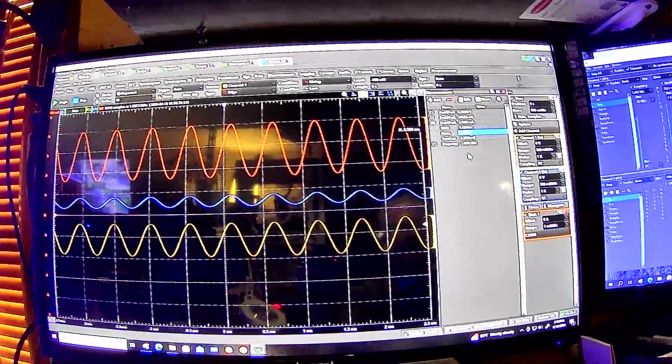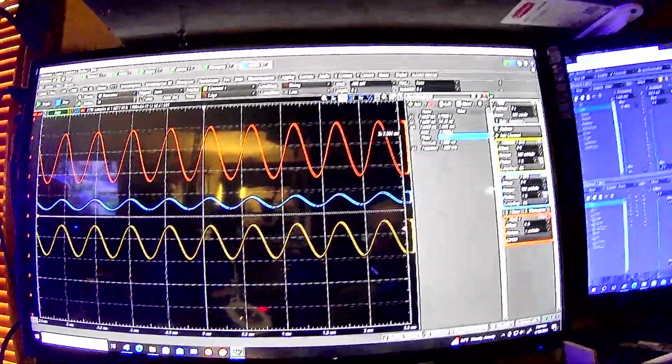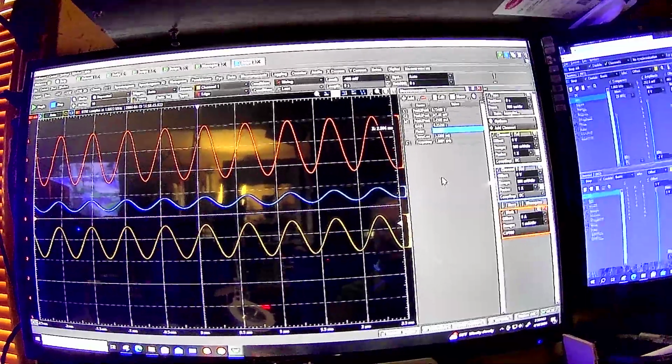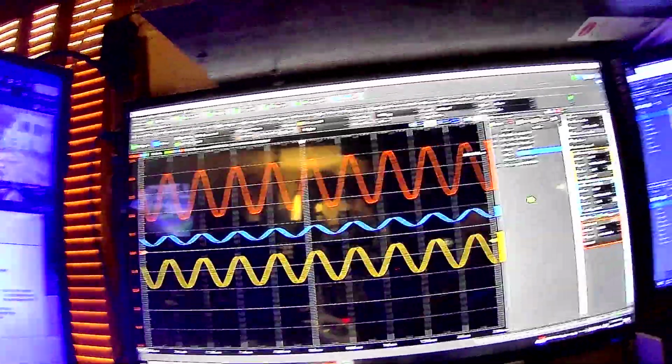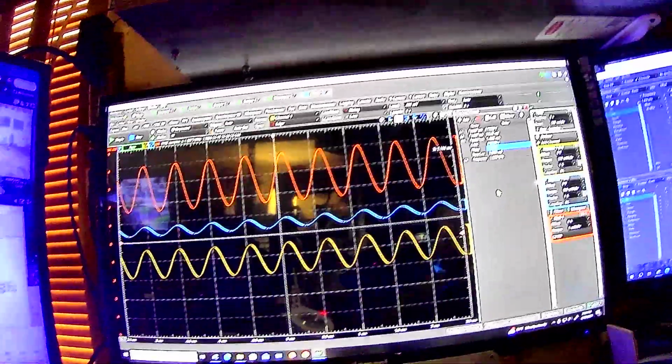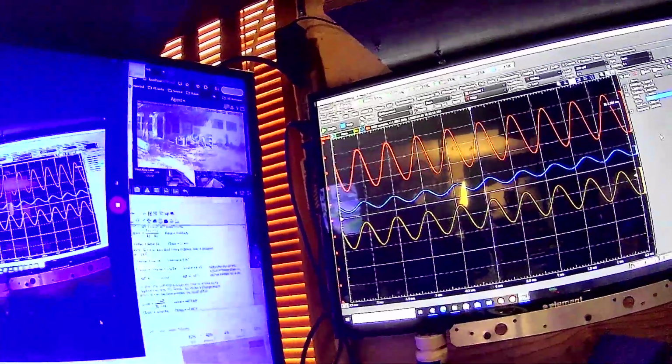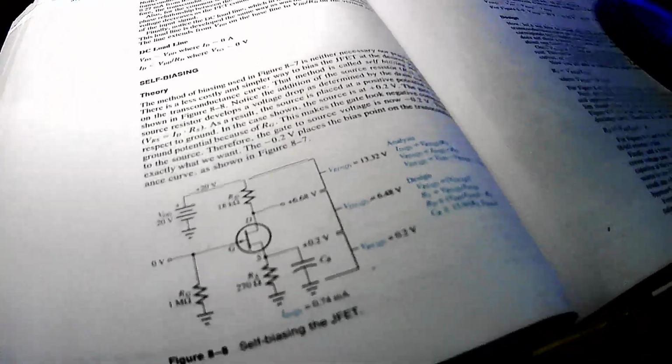But anyway, I don't know how accurate this is. Maybe I'll find out as time goes on. I just wanted to show a few extra things before I move on, because I'm going to move on and maybe do something like this, an actual amplifier,